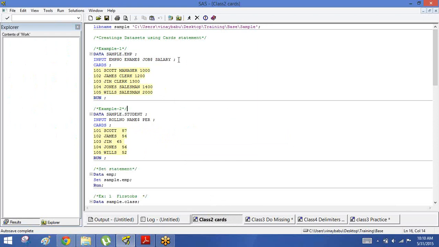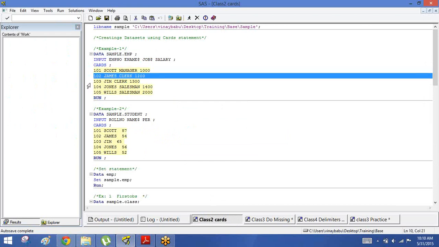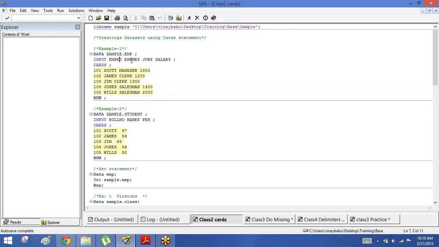So in the cards statement, we'll give the variable names which we need to create. The variable names will be given in an input statement, and each statement will be ended with a semicolon. For character variables, a dollar symbol will be included. For numeric variables, just the name of the variable will be given. And the data for each observation is inputted in each different line. So here we are creating 4 variables called employee number, employee name, job, salary, and we are creating 5 observations,